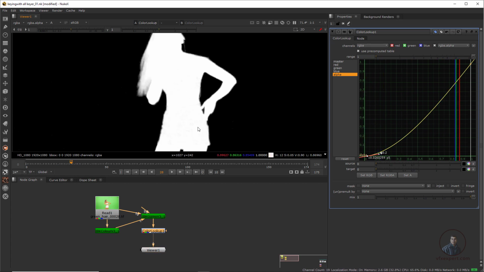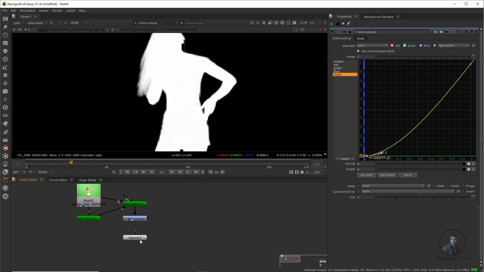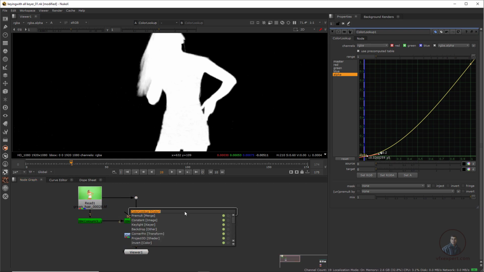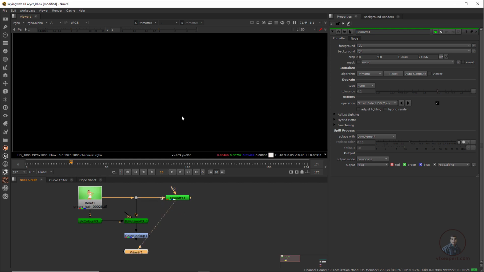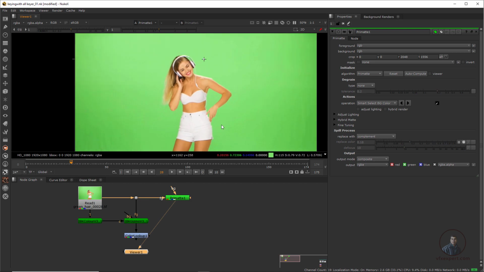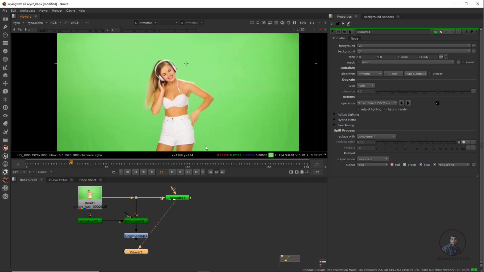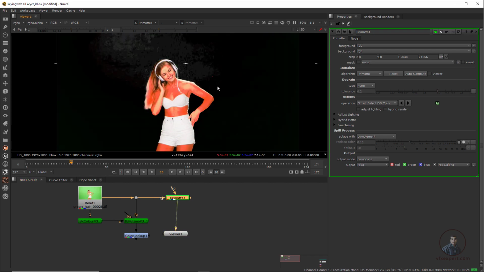For this I am going to take a Primatte node and create our core matte. Adjust it a little bit so we can easily understand. Then press Tab, type Primatte key, and connect this FG with our original footage. Select this one, press 1, now press A. Then we have to pick the green color which we want to remove. Simply double click here, then the color picker is enabled. Hold Ctrl and Alt and simply pick this green color. Then press A again.